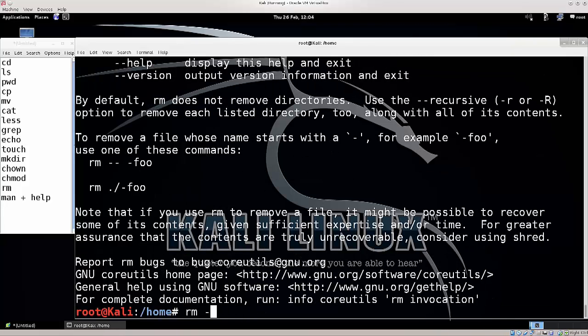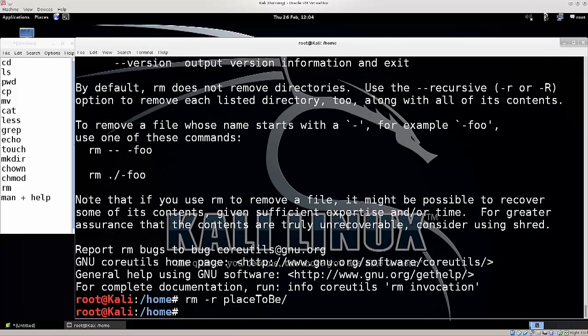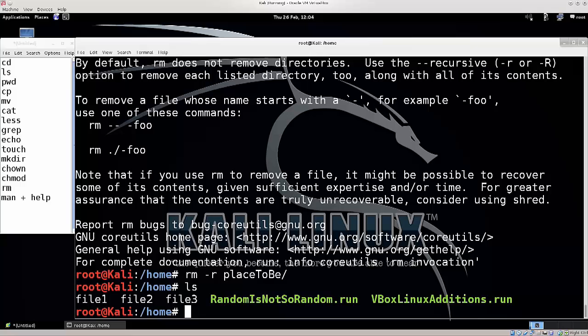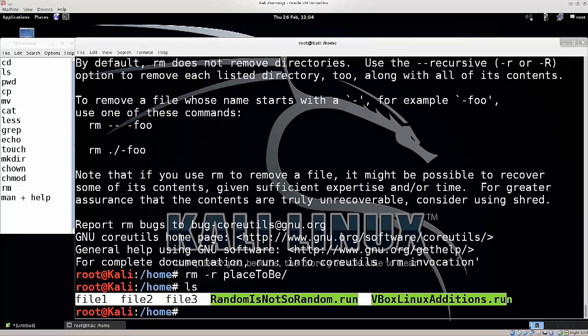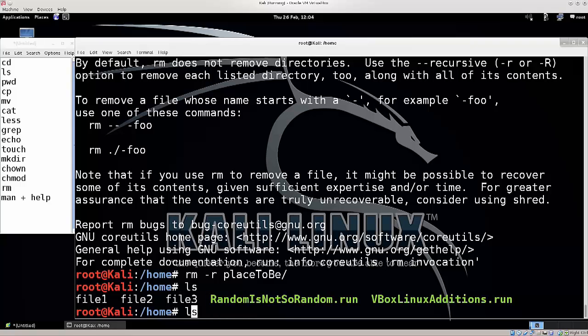So let's just go ahead and type in rm -r place to be, press enter. There you go. It has deleted it, and it is no longer there. The -f option that I used earlier is force. It will not ask you any questions. It will delete the folder or file, which can also be very dangerous. When you're using rm, you always want to be asked questions. In any case,